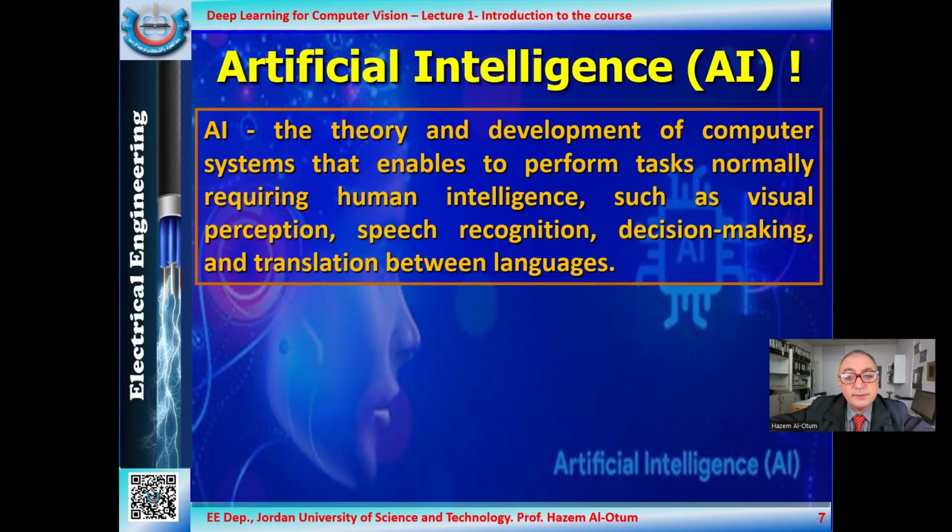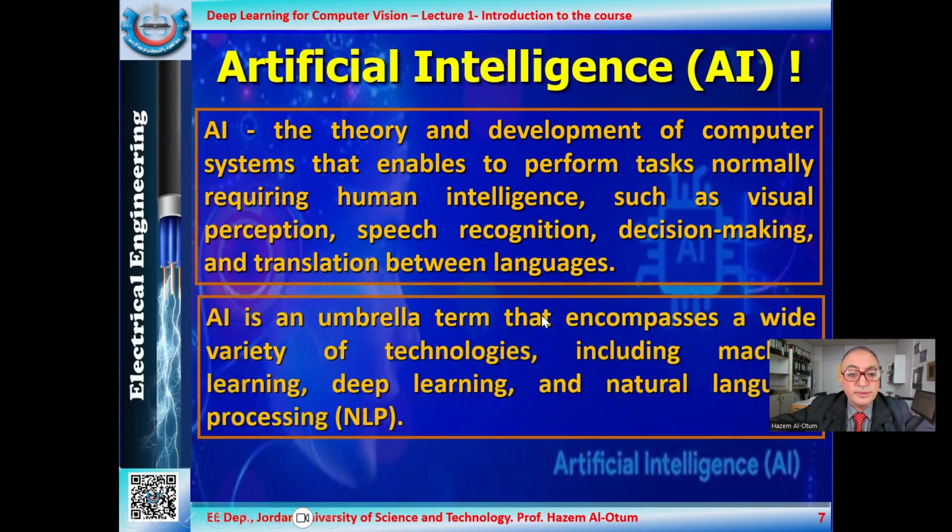So you may use AI tools to apply a specific visual task, or maybe speech recognition or speech translation, to decide to act or not to act, or to decide how to act according to the input received by the AI software or program, or maybe hardware application, to make decisions like humans, to be intelligent like humans.